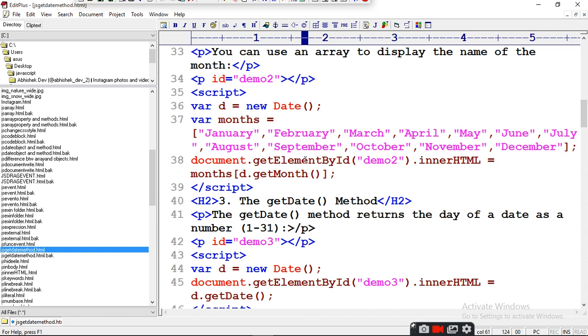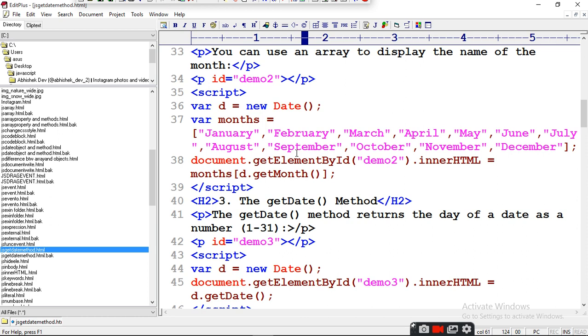Then you get the current month name: innerHTML months is an array, d.getMonth. So in d.getMonth you are getting 9, so it will take from the 9 position, September, 1, 2, 3, 4, 5, 6, 7, 8, 9.